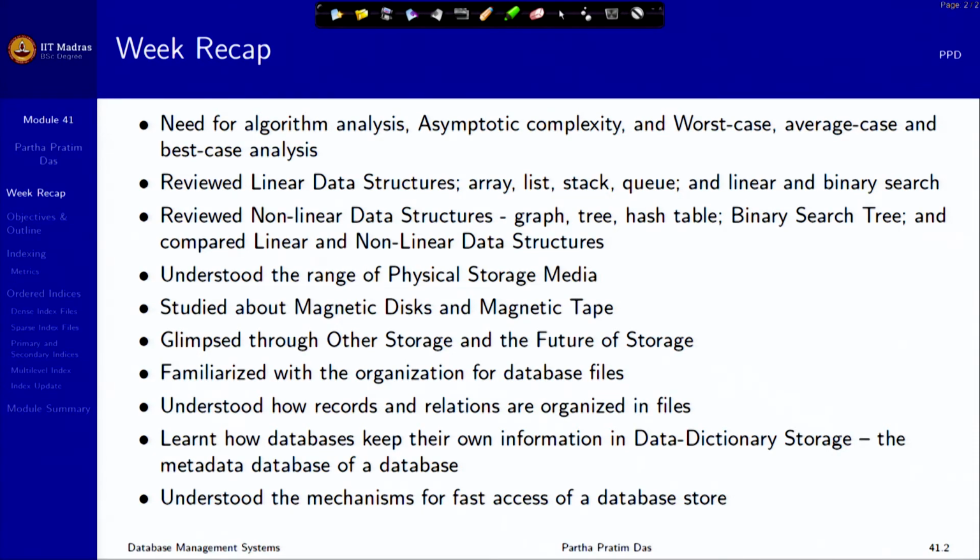And then we moved forward to discuss different physical storage media that are available for implementing the database physical layer. And we observed that magnetic disks in particular are very important and are the default secondary storage available for database implementation. So, all our physical layer design will be primarily focused on the structure and behavior of the magnetic disks. We talked about other storages and future directions, and finally familiarized ourselves with the way a database file